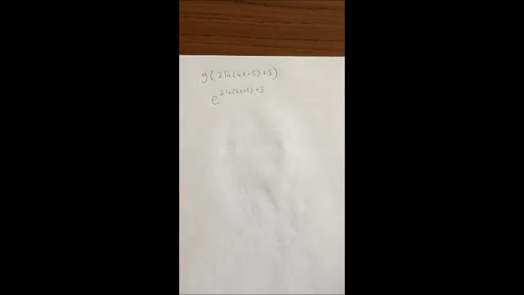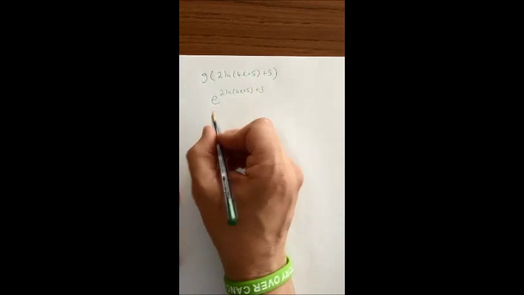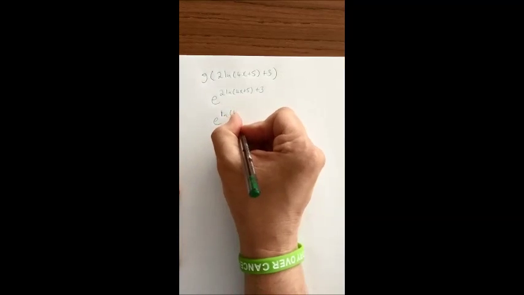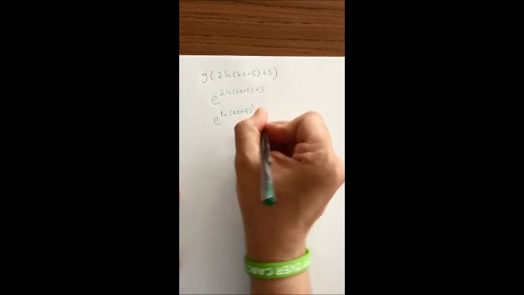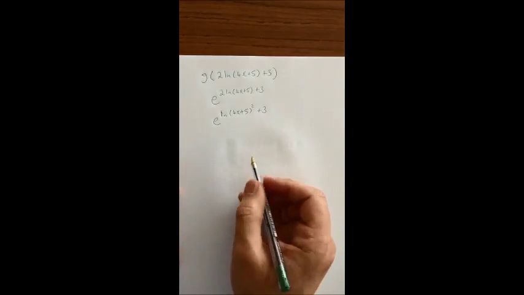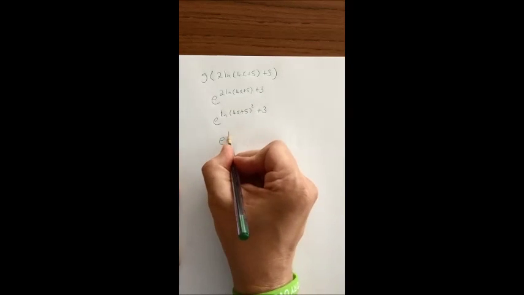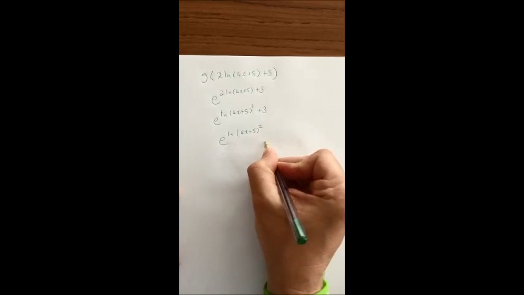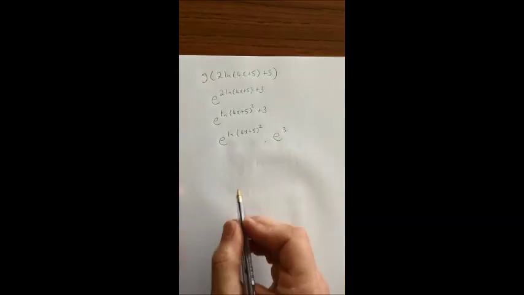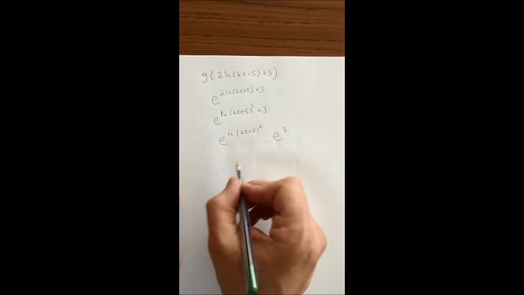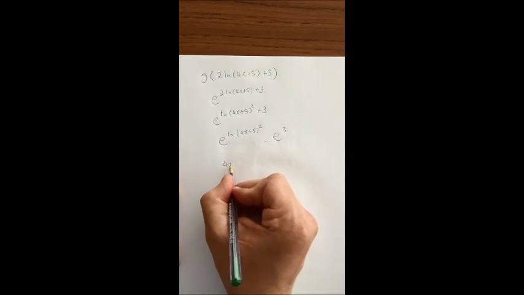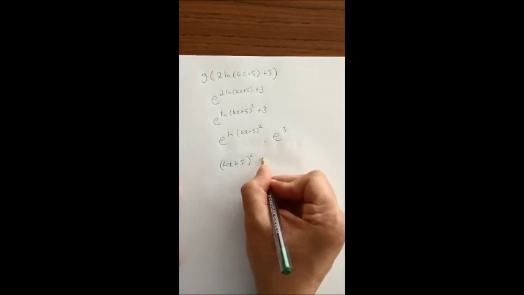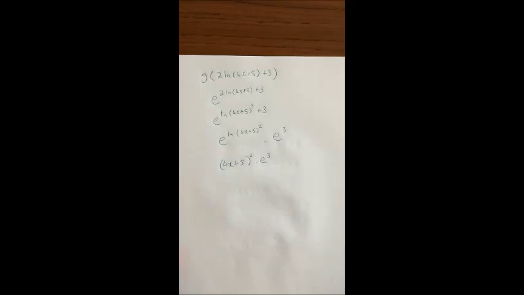So if I carefully split this up, I can take the 2 back up as a power. So it's e to the power of ln (4x plus 5) squared plus 3. Let's split that up into 2 components: e to the ln (4x plus 5) squared times e to the power of 3. I managed to get my e and my log together as inverse functions. So that's (4x plus 5) squared. And then, of course, e to the power of 3 is just a constant. Okay, so that's my